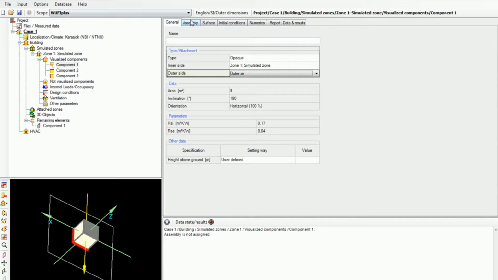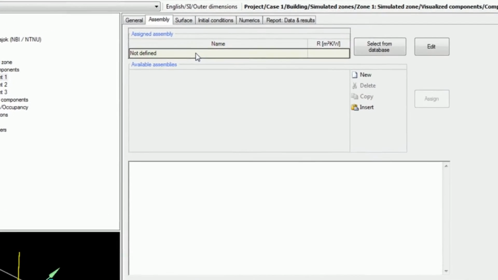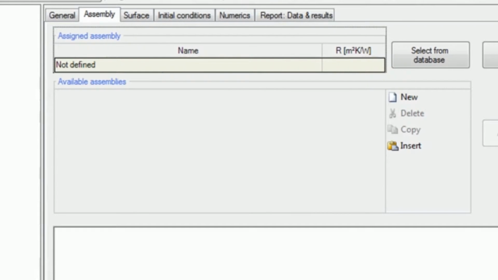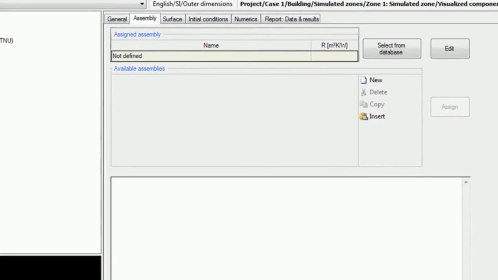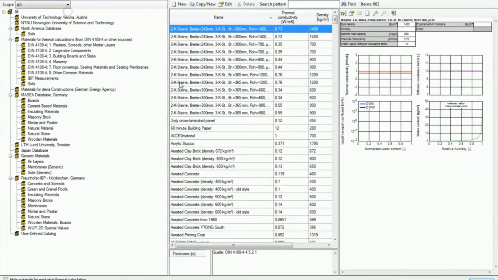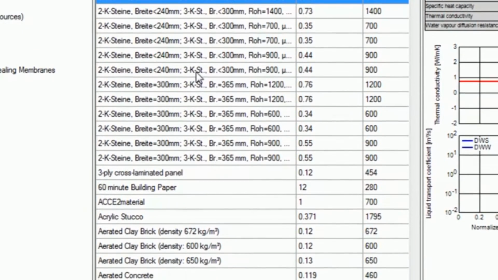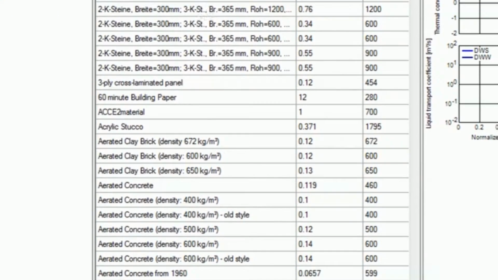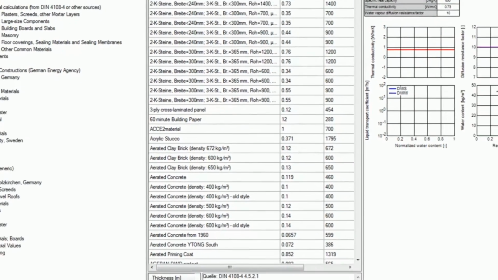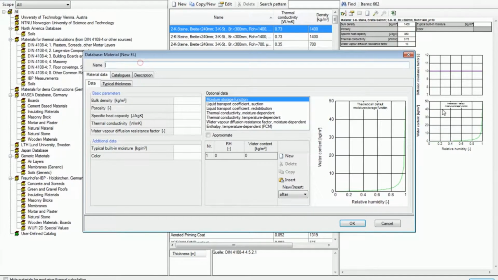We go to assembly, and this is the time we need to define material that will be for our cube side or floor as you want it. To make a material, you go to database, click on materials, and all the database opens up. There is plenty of materials predefined with different properties already built in WUFI, but we need a new material and we need a phase change material. So we click on new, and we name materials